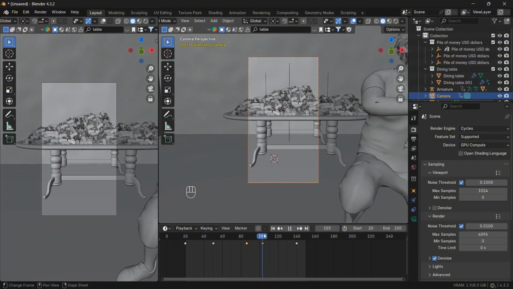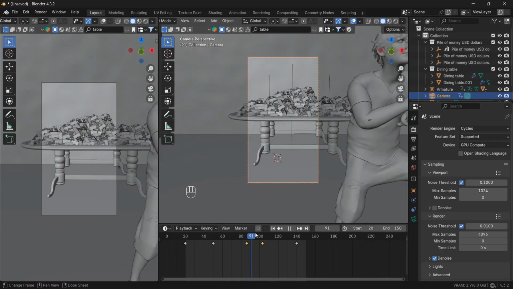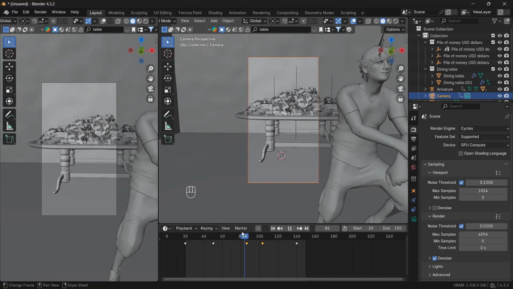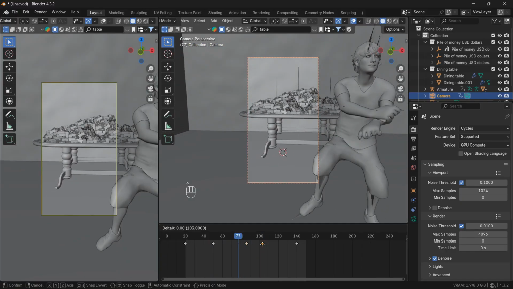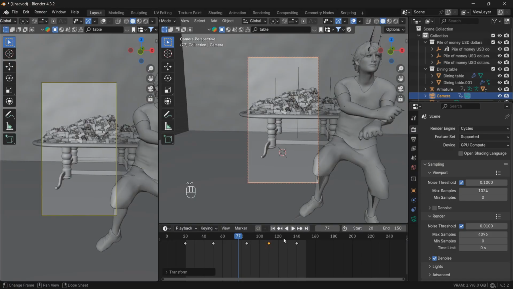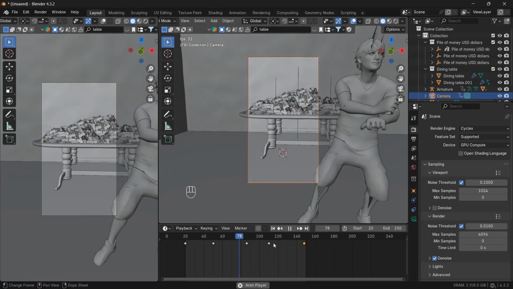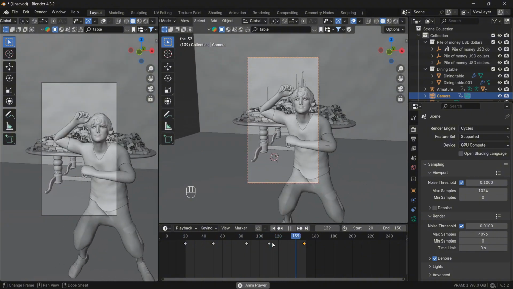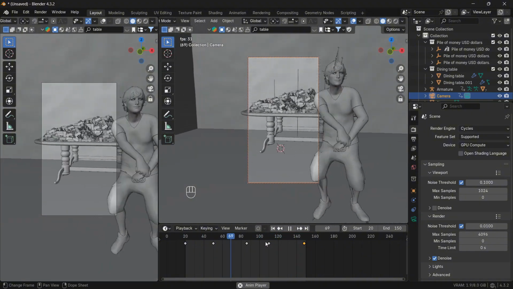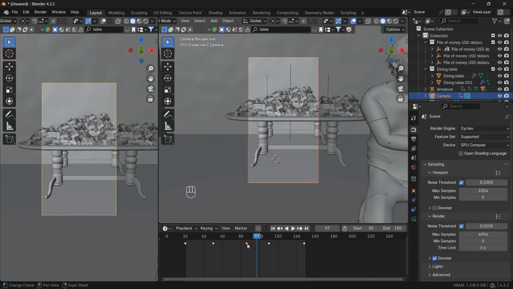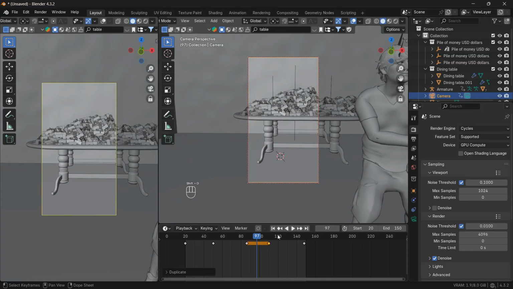Okay, I don't know why, but I should increase the distance between them too and move this a little bit like here. Now if I play the animation, okay, this will work fine, but still let me duplicate this one over here and